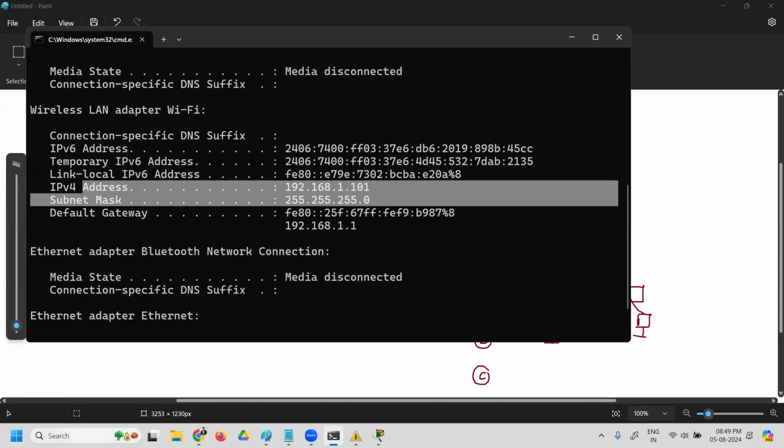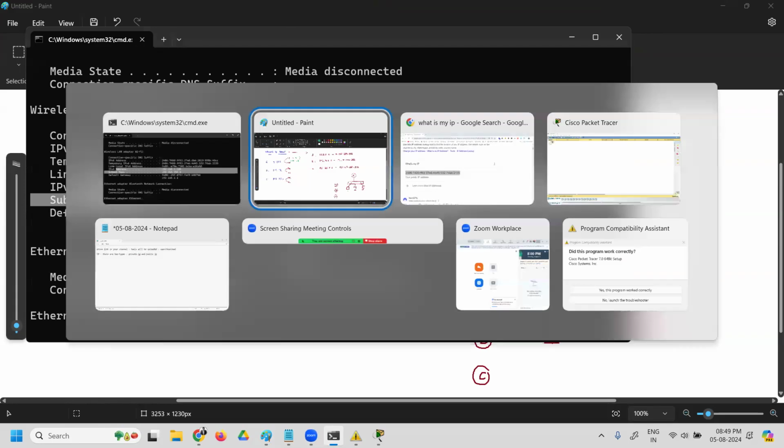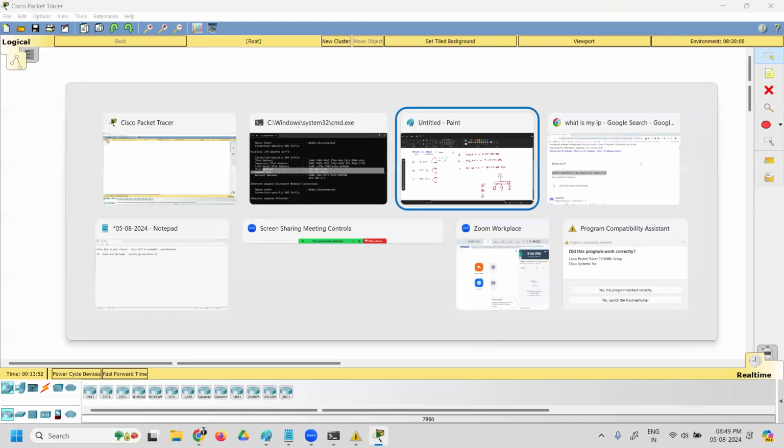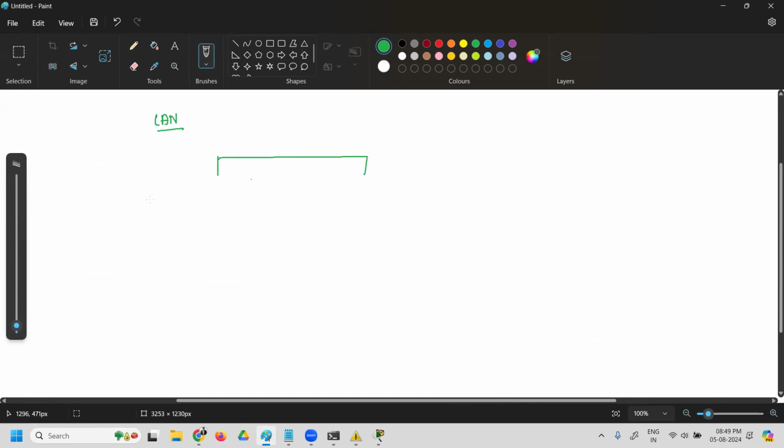Okay, right. Now we see a short practical. We are going to create a LAN without internet. For that, you need a device called a switch, and to the switch, you're going to connect computers using cables.